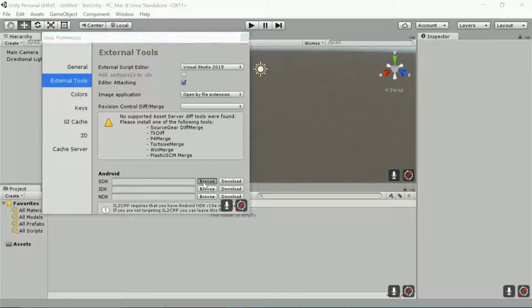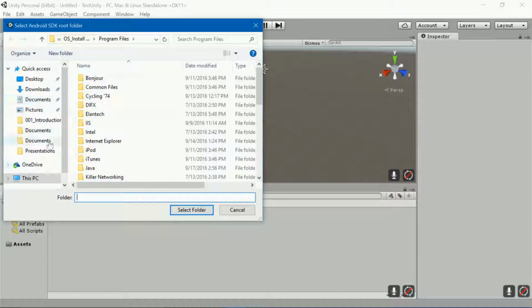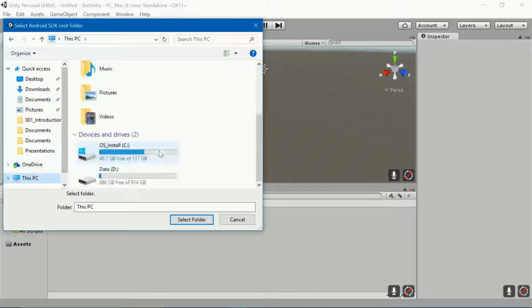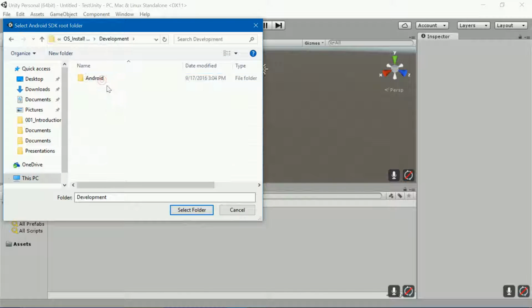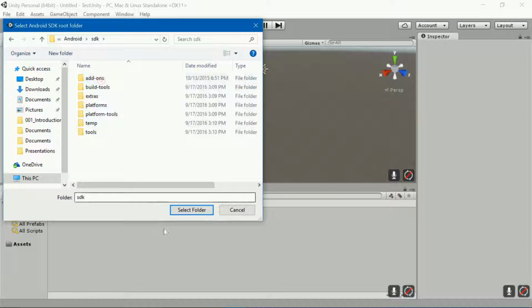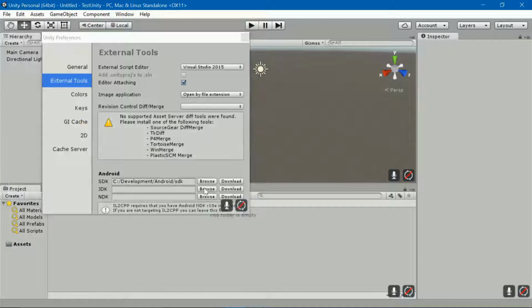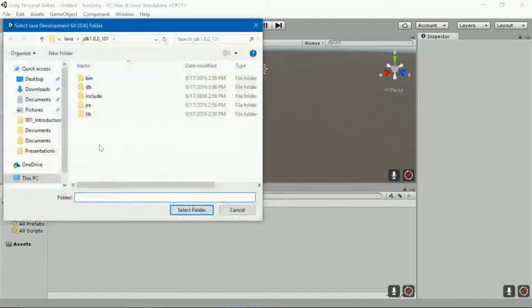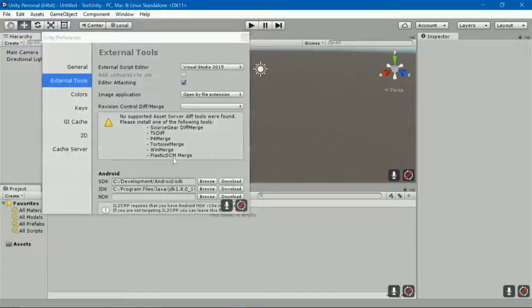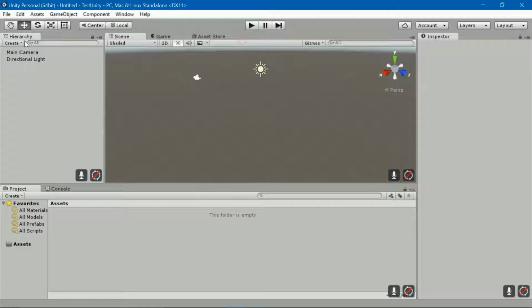and JDK. So my SDK, as you would remember, is based in C, development, Android, and SDK. So I'll fetch this location. My JDK is again right here. So okay, Unity is smart enough to figure it out. So you just got to select this folder. Once that is done, you can close this, and